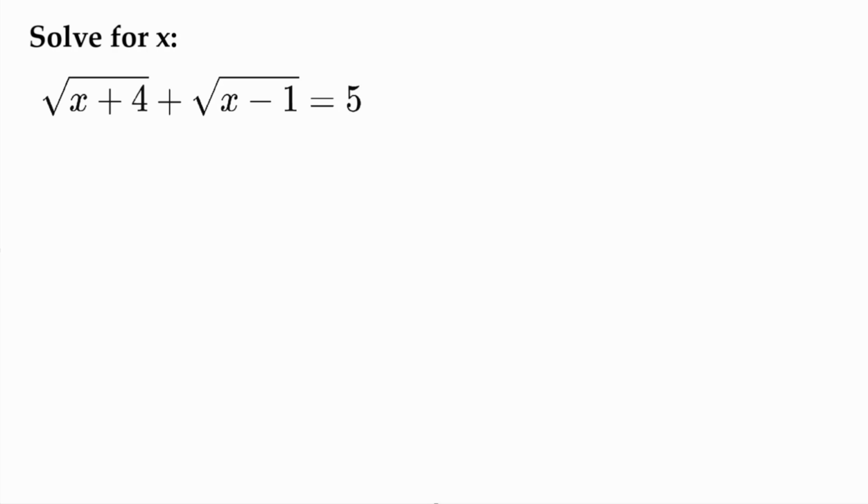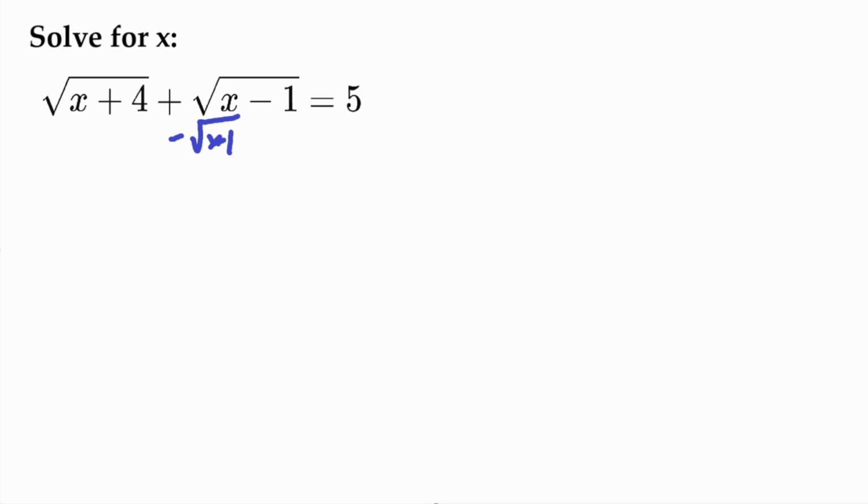So we want to find x, and we see that x shows up twice here, and both of these times it finds itself under a square root, right? So we obviously need to get the x's out of the square root if we want to solve for them. So how do we do that? Well, first I'm going to work on one x value first. So that means that I will subtract this square root of x minus 1